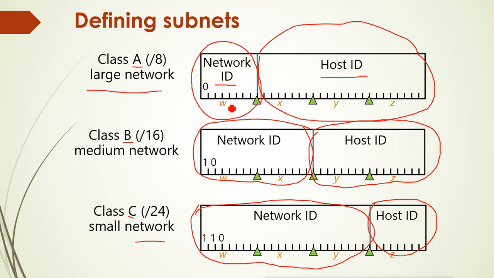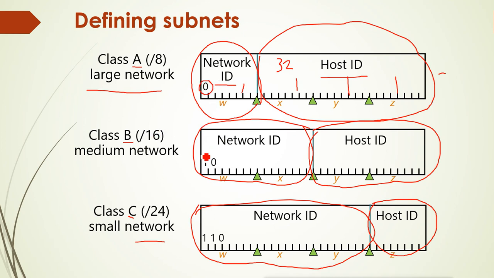Now within all these 32 bits, if you combine all the bits, this is 8, this is 8, this is 8, and this is 8, like W, X, Y, Z. So when you combine all, you get a total of 32 bits. Of all these 32 bits, the first bit in class A is reserved, it must be 0, you cannot enable this. These are reserved by the IANA. IANA is the organization which is working on these IP addresses. So they have defined this reserve, you cannot change it, it always remains 0.